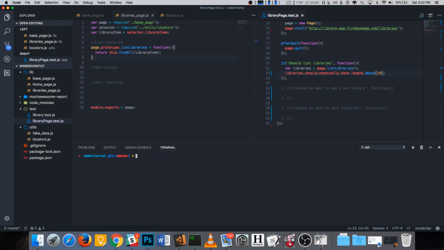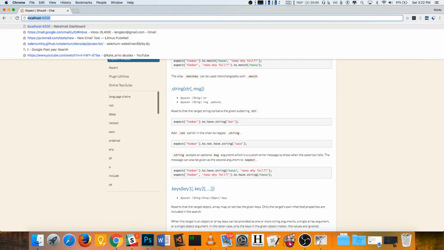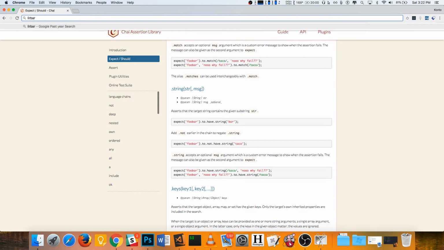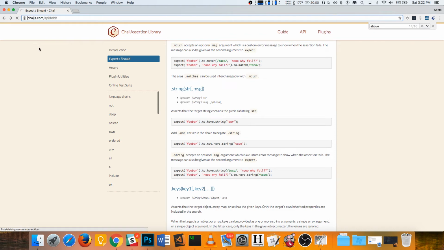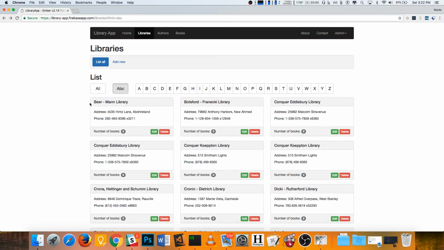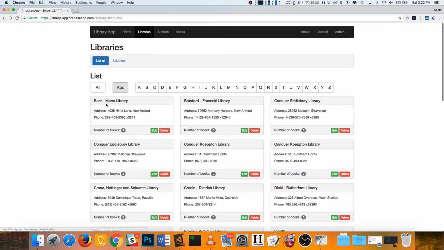Cool, and I can clear this out now. And now I can move on. The next page. I think this app got slower. So the next page